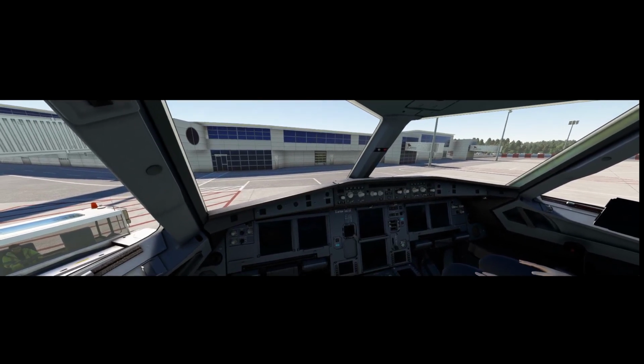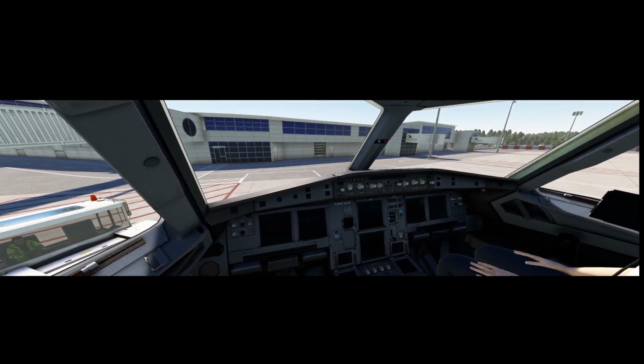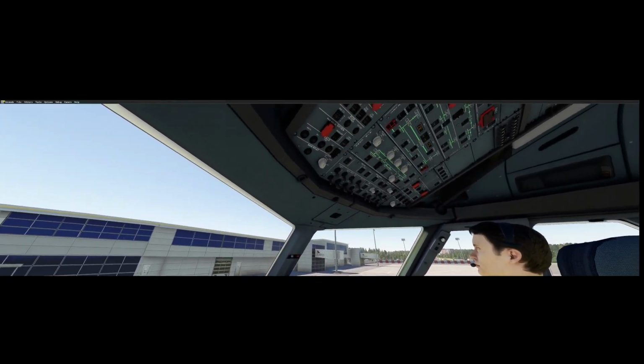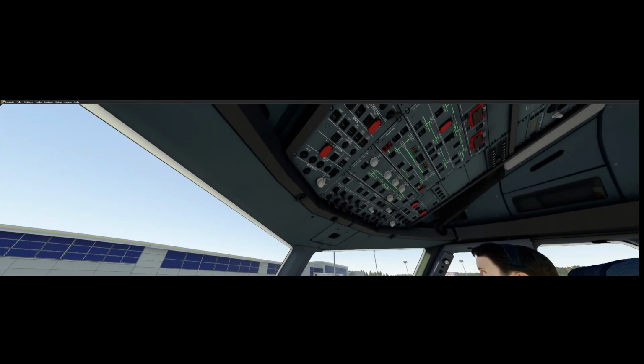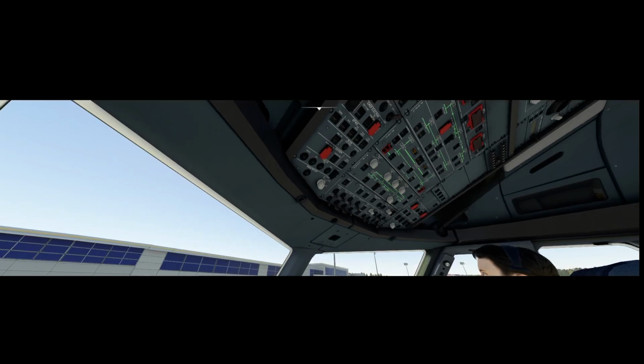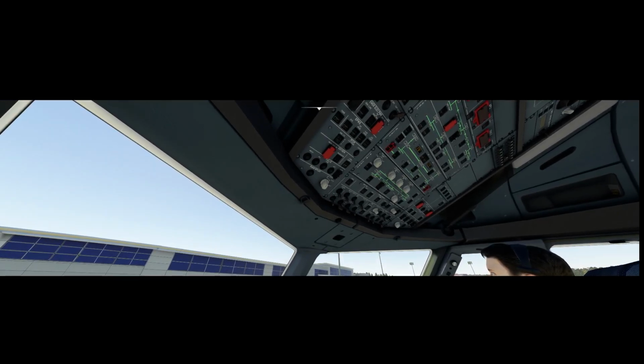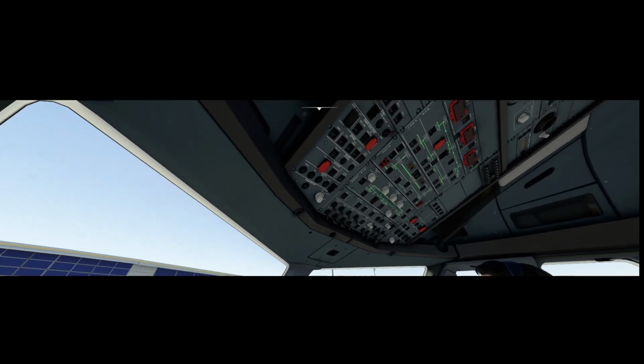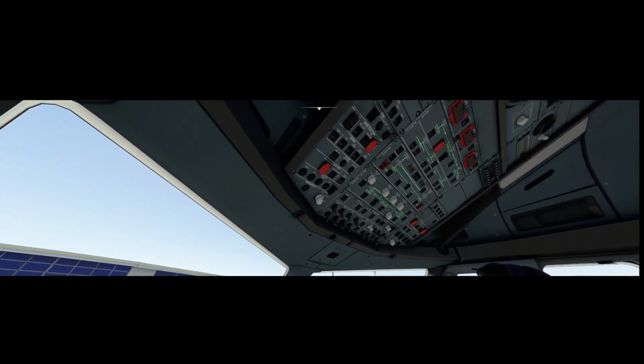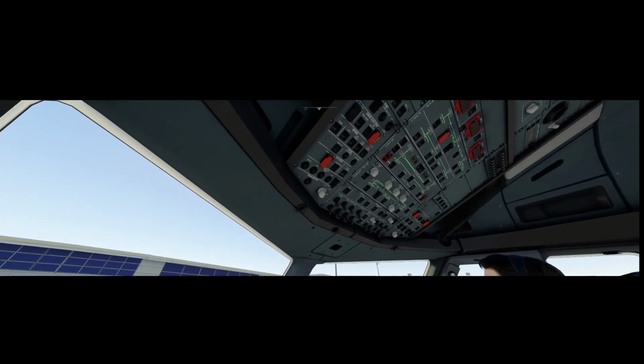Now that we've programmed everything in the SimBrief and we've written down our information pertaining to our flight, we go up first. Now we want to turn on our batteries. As you can see, everything on the overhead panel is laid out with descriptions on the side. You have electrical, air conditioning, fuel, hydraulics, evac, everything is listed there for you, so it's easy to find what